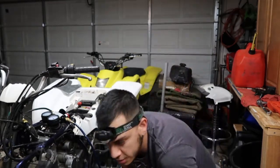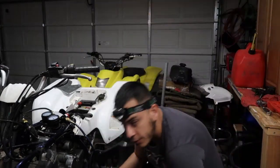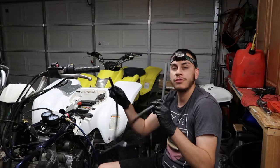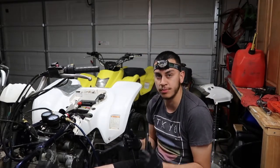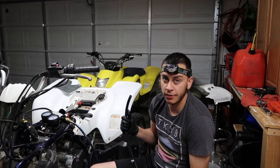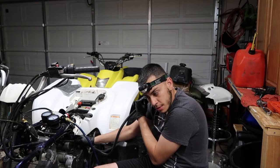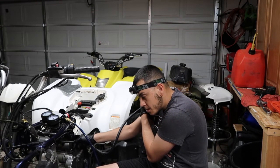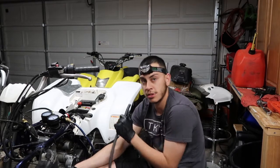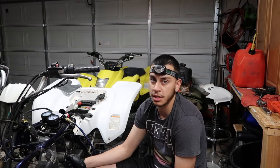Another trick also, if you have a little hose, a fuel hose, whatever it may be, if you can't hear it, if it's a really small hiss and you have no idea where it's coming from, you could always put one end to your ear. So definitely a lot more coming out of the exhaust this time than